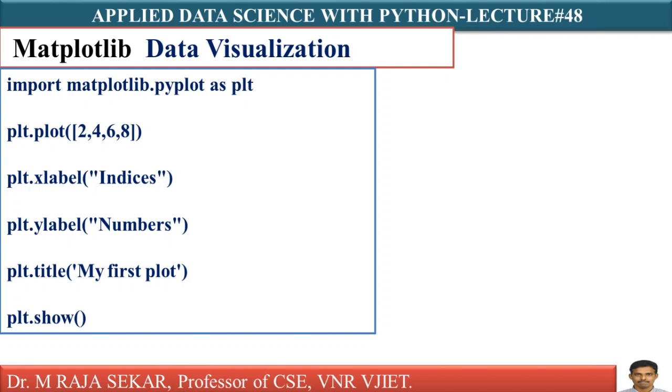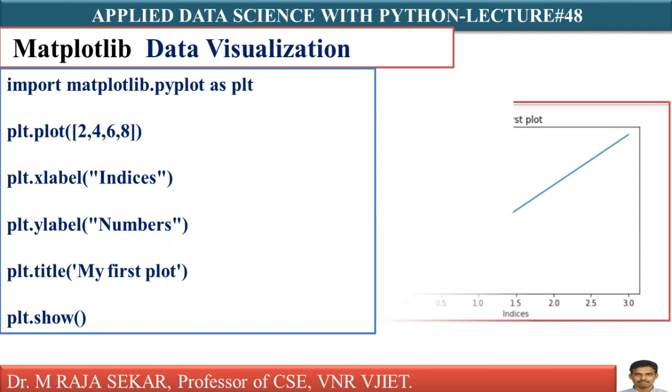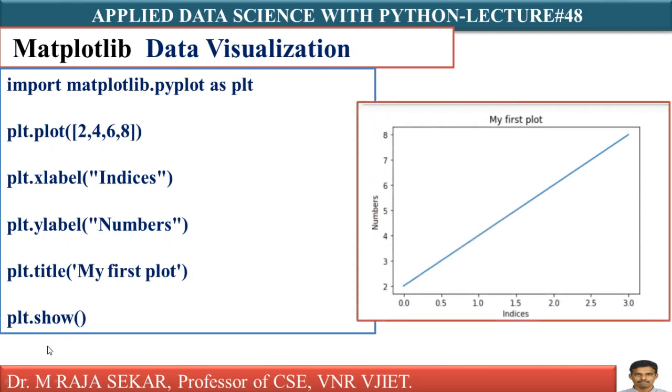Otherwise, let me say it like this. A basic plot is just the plot of several pairs of x and y coordinates. Given a number of points, each with coordinates x and y, how do we plot them? To get the basic plot, we create two arrays x and y. But in this example, we have only one set of points. What does it say? 2, 4, 6, 8.